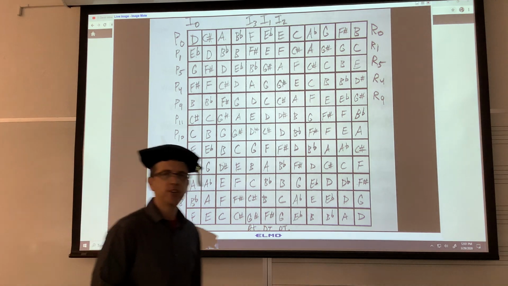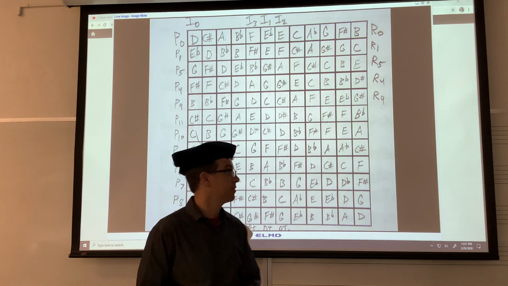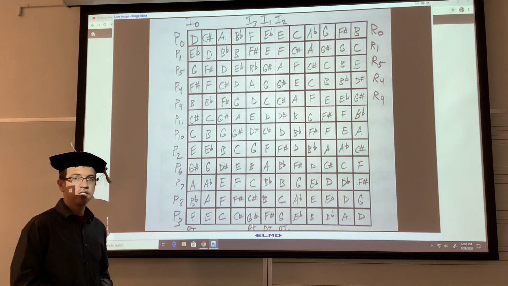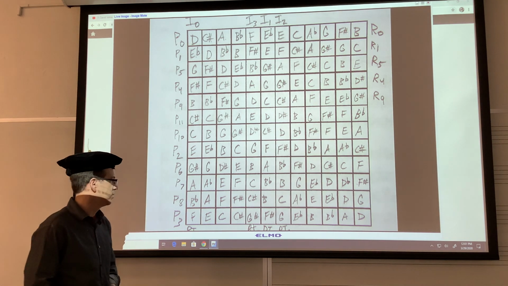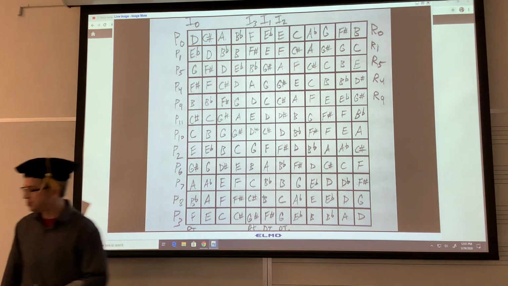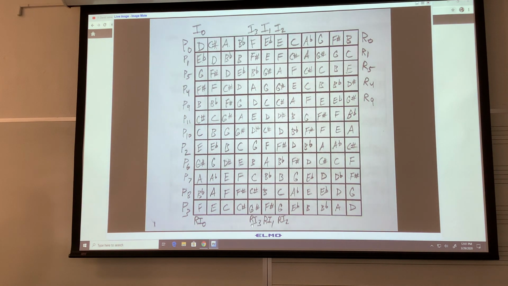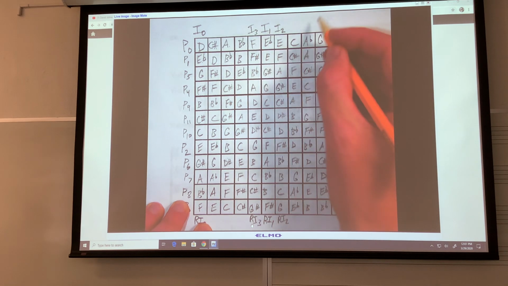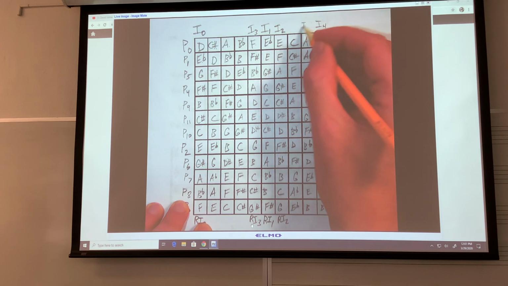But in order to do 12 tone analysis, you need to have a matrix. If you don't have a matrix, you're not going to be able to find any of the rows. So here we have the matrix for the Schoenberg 4th string quartet, and you will need this to do the analysis. It looks like I got lazy and didn't finish all the I's. So let me do that right now. So D, E flat, E, F, there's G, A flat, A natural,